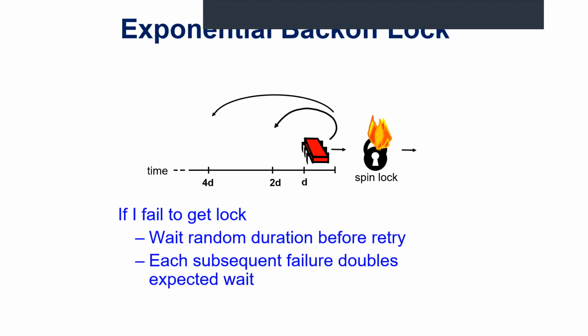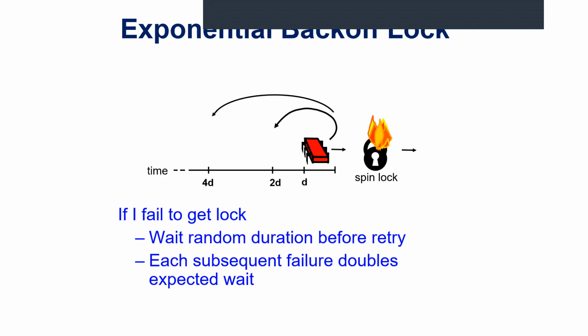Now the next lock is exponential back off. The approach is, if a particular thread fails in acquiring the lock, that thread will wait for a random duration before it retries to acquire the lock. Whenever a thread fails to acquire the lock, we double the expected wait. So each thread will try to acquire the lock. If it is successful, it will enter into the critical section. If it fails, then we send that thread to a waiting period,